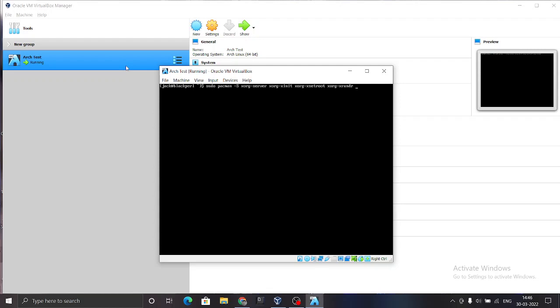Along with this, you can download a web browser like Firefox. There are many options you can look up on the Arch wiki. There is Chromium also. There is one called qutebrowser, which is developed in Python. It is a keyboard-based browser. It has a graphical interface, but it works upon Vim key bindings.